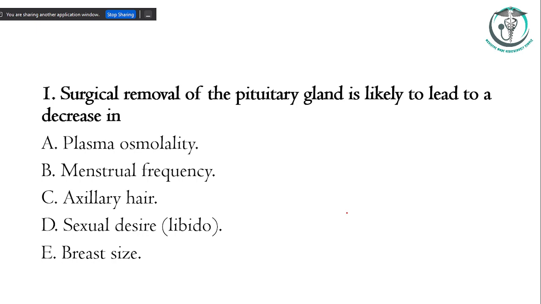Okay, so let's try to answer question 1. Surgical removal. Let's assume they remove the pituitary gland. What do you think might decrease? That's what they're asking. Is it the plasma osmolarity? Do you think the plasma osmolarity would decrease if they were to remove the pituitary gland? No. Why? Because it's controlled by the hypothalamus. The hypothalamus. So remember,